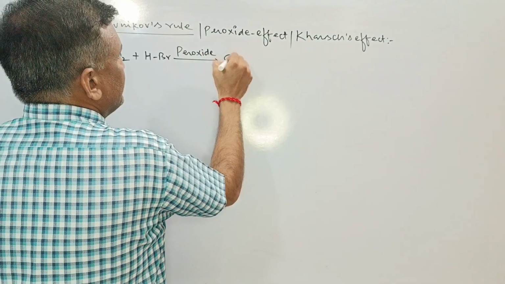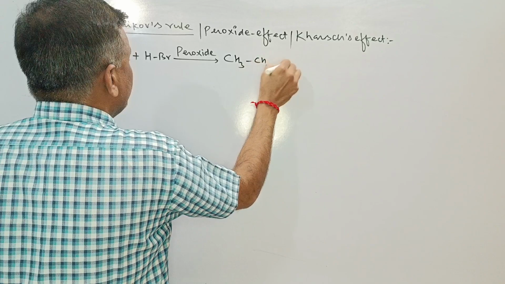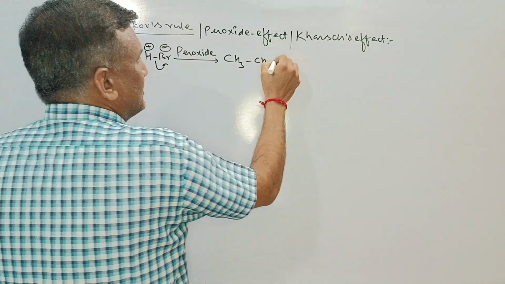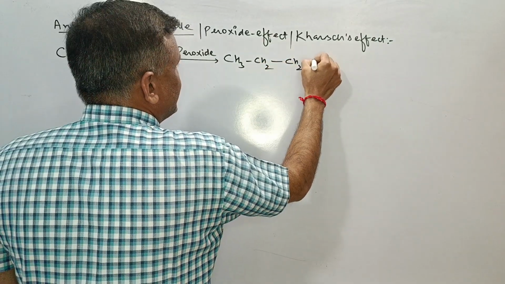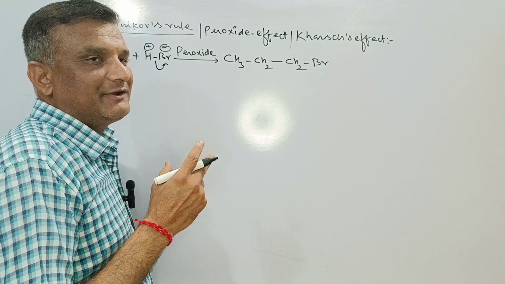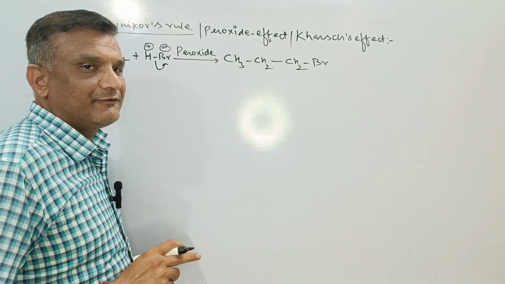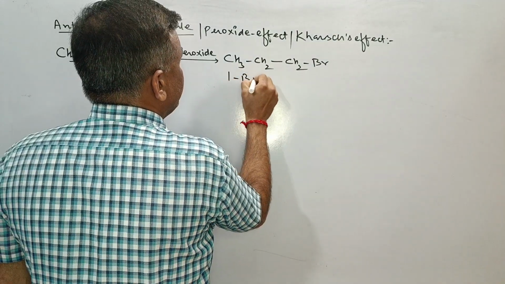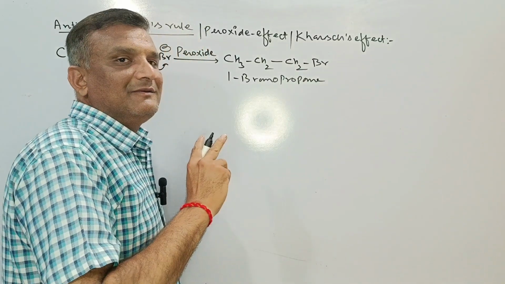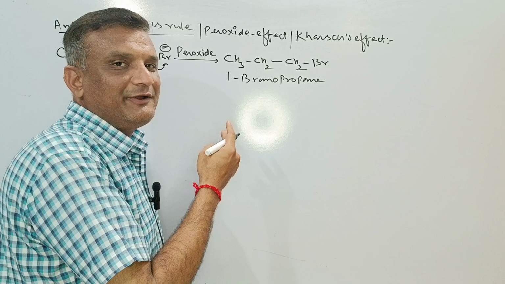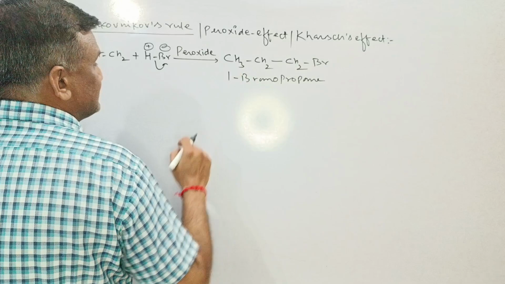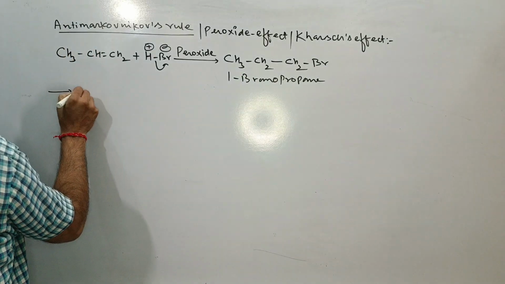then what will be? Here will be the attack of the more electronegative part over the carbon atom where the number of hydrogen atoms is more. This is the ulta, meaning just the reverse of Markovnikov's rule. That's why it is called the anti-Markovnikov rule. Here will be the formation of 1-bromopropane, a haloalkane, whereas according to Markovnikov's rule it was the formation of 2-haloalkane. This is the most important, but remember one thing: